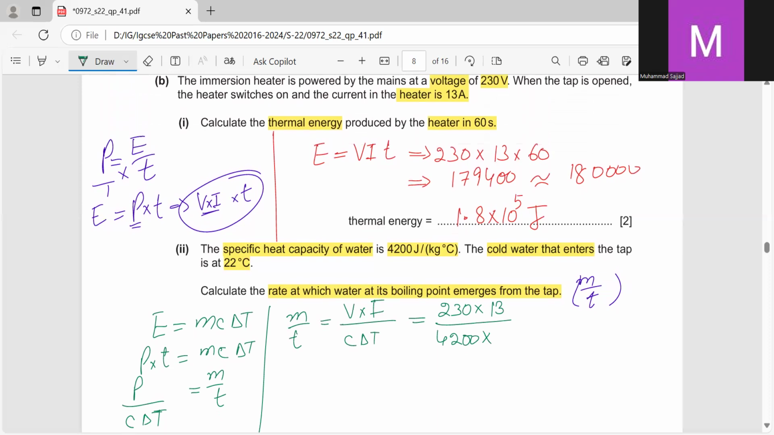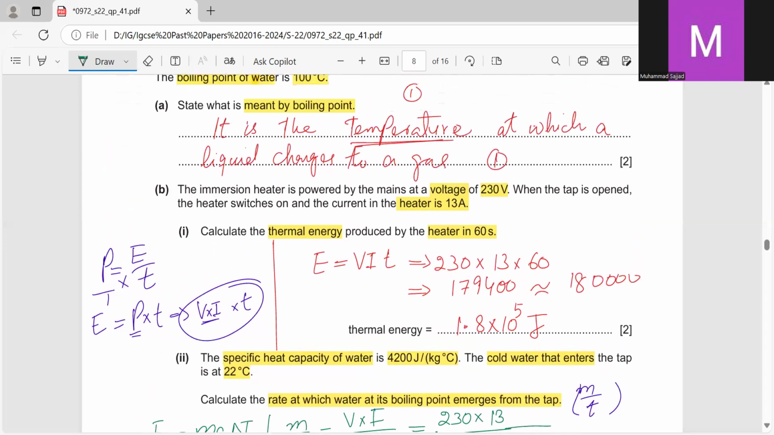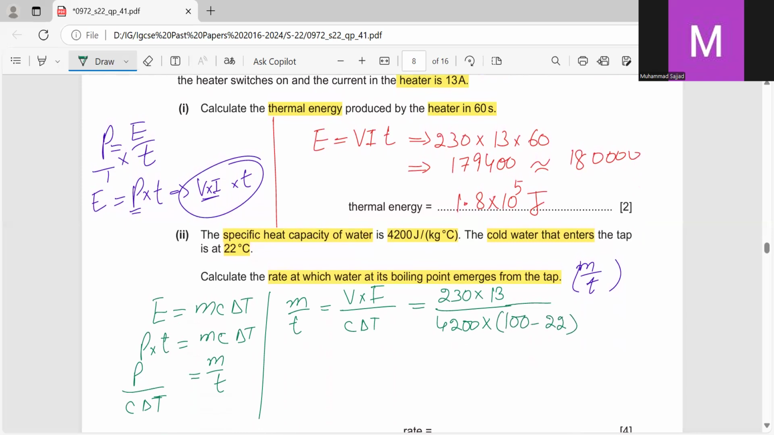Now delta T, no need to think what is delta T. See, water enters into the tap at 22 degrees Celsius, and then there is some heater inside the tap which is heating the water to boiling point. So what will be the change in temperature, delta T? It will be 100 minus 22. And now we can simplify it and we will get the answer. So when I'm calculating this all, the answer is 230 times 13 over 4200 times (100 minus 22),